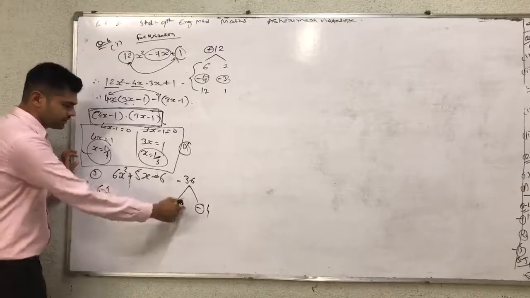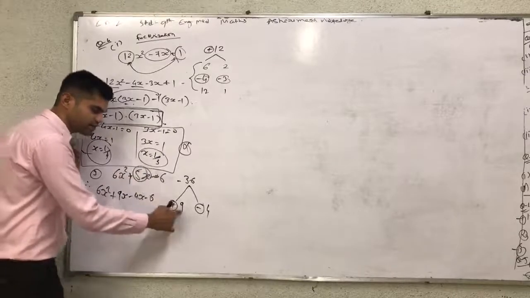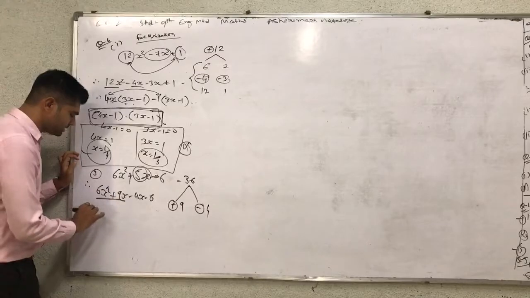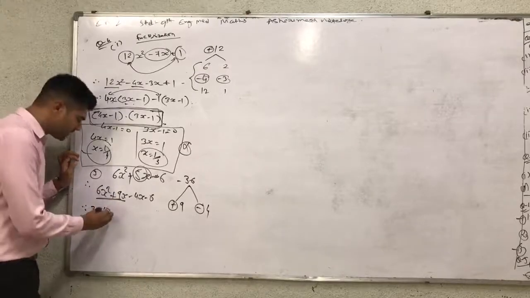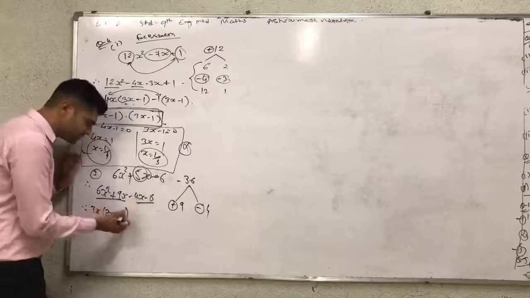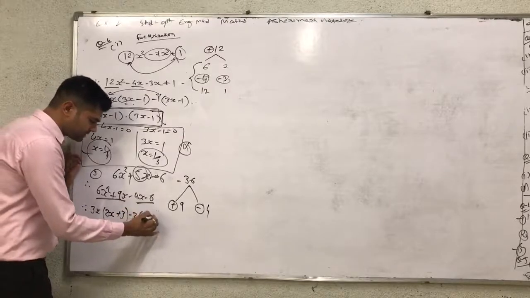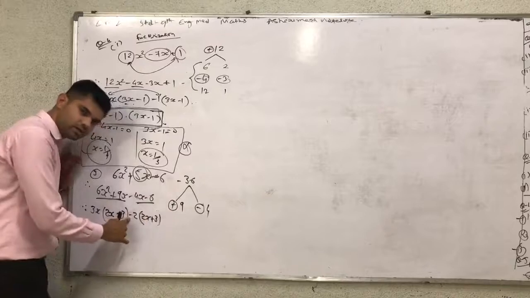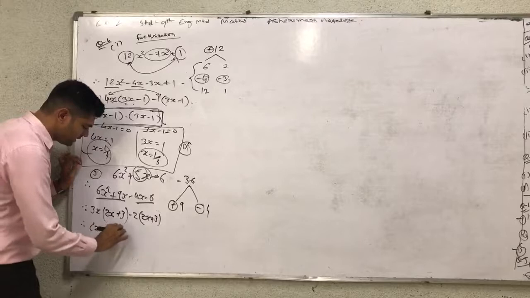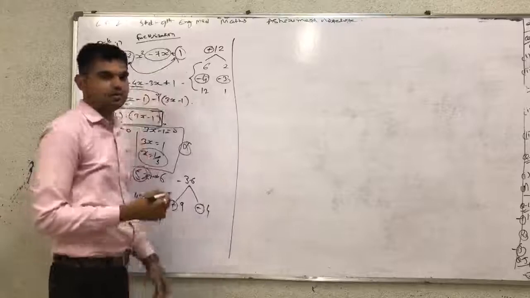So 6x square plus 9x minus 4x minus 6, with 9x and 4x in place of 5x. In the first two terms, 3x is common, so the remaining part is 2x plus 3. In the last two terms, minus 2 is common, so 2x plus 3 remains. So one factor is 2x plus 3 and the other factor is 3x minus 2. With the same method, you can solve questions by yourself.